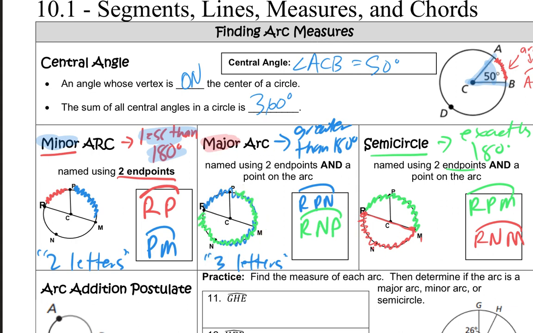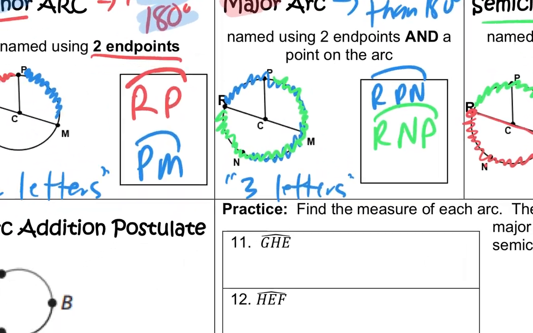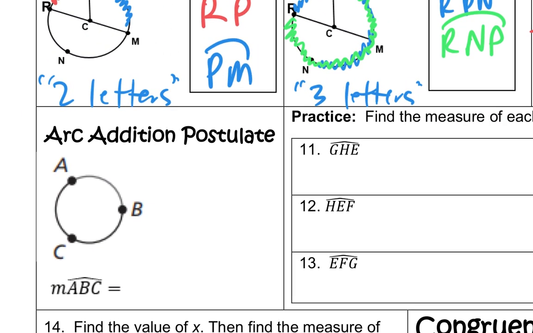And if it's exactly half, that means semicircle. All right, so keeping that in mind, let's get into some arc addition. So we know our addition postulate, right? Our addition postulate says part plus part equals whole. Part plus part equals whole. We can remember part plus part